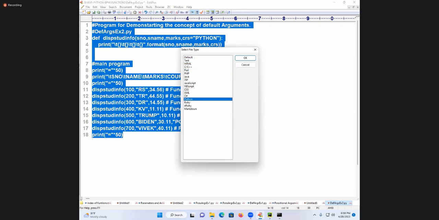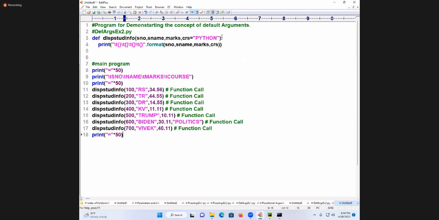Now I am trying to take it like this. Here I am writing cnt is equal to India. Where am I writing cnt? Last only. All the default arguments go last only. You can use one or more, but where do I write them? Last. There you are supposed to say it like this.